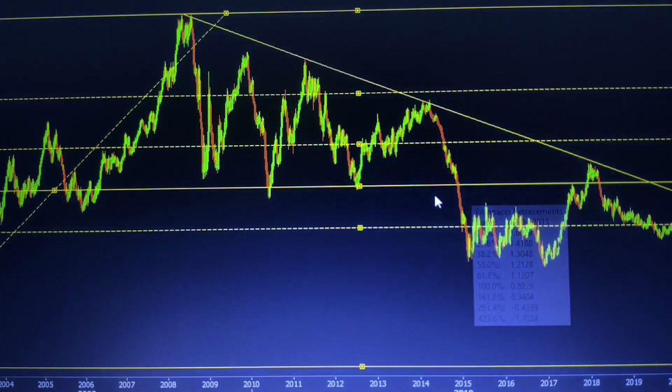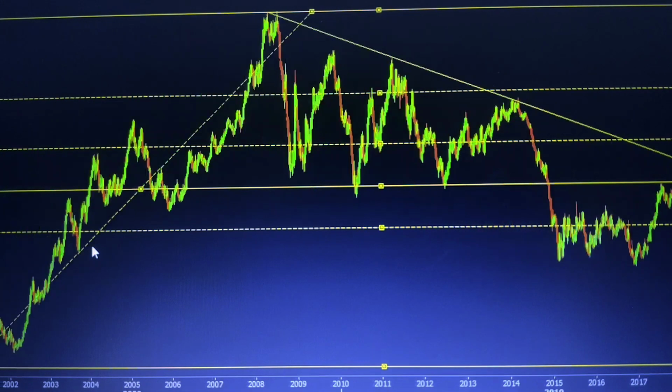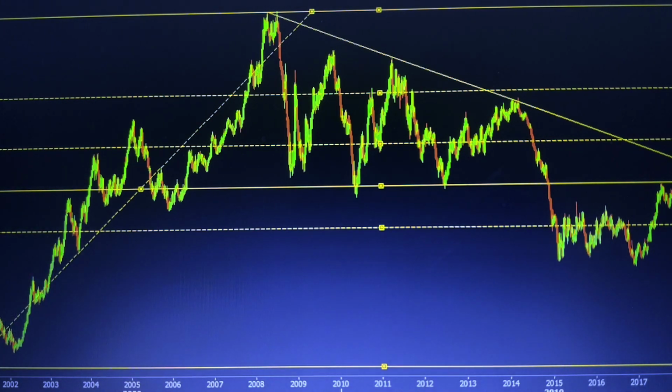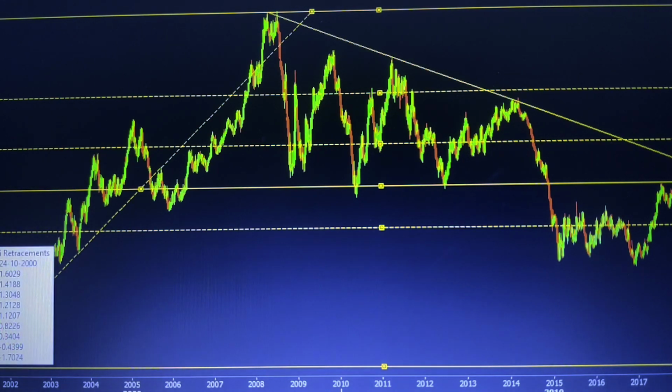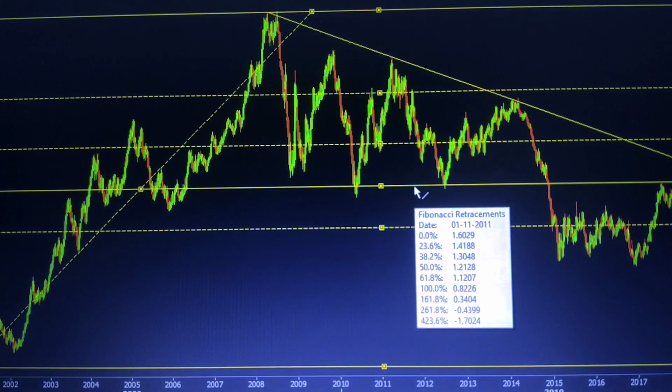Once this level was broken, it again came to 61.8%. It is almost holding. It tried to break, but still almost holds at this level, 61.8%. So I tried to show you how to draw in an uptrend. We have to find out what the trend is first. Then, if you are looking for a price reversal and what level it can extend to, draw from the low point to the high and find the retracement with these levels.